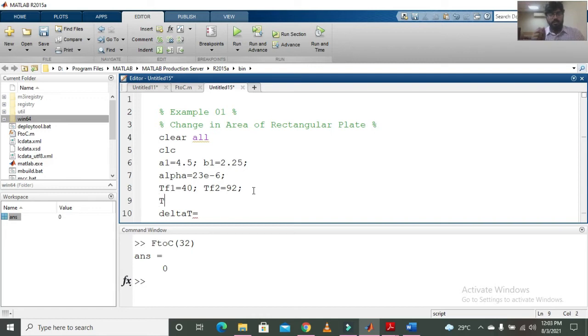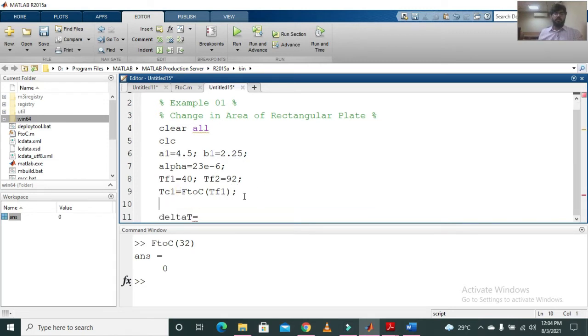So I am saying TC1, I am going to use F2C just like a MATLAB built-in function, and there will be a parenthesis, and inside the parenthesis you will have to define the input arguments as well, which is the temperature in Fahrenheit over here. Similarly, I will use it to calculate the second temperature, TC2, in degrees Celsius.